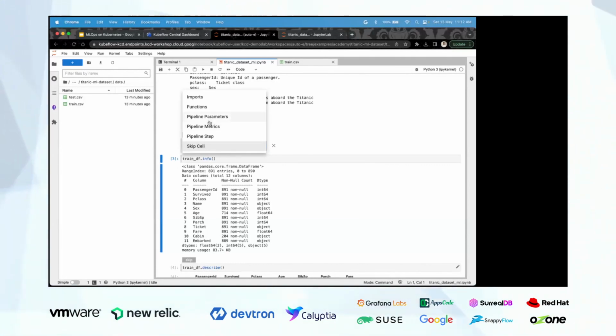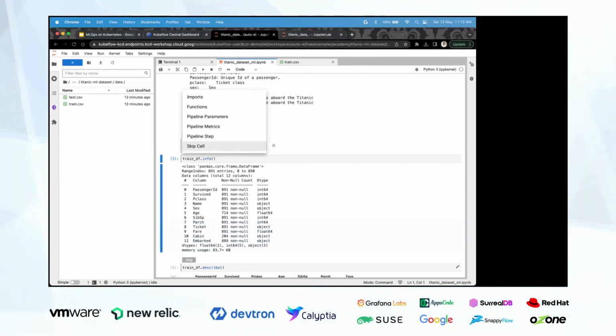Okay, so function is something where, if we want to enable some function, like say suppose score model we have to calculate, or we just want to print something or define any functions, we can annotate that particular cell as functions. Then there's pipeline parameters. If we want to provide pipeline parameters like learning rate or any model parameters, we can define that particular cell as pipeline parameters.